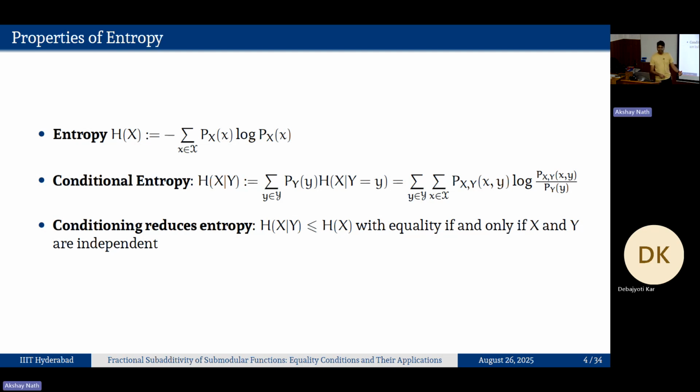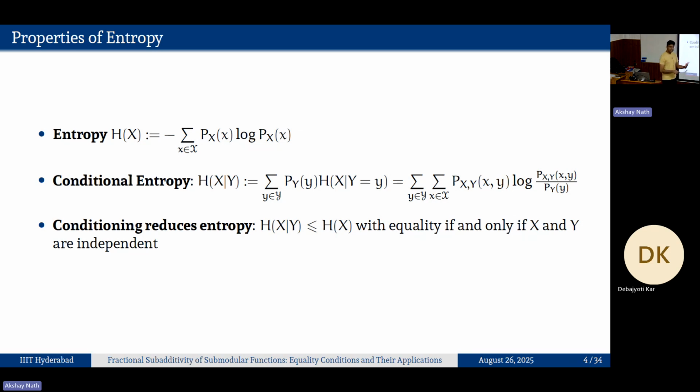If you have a random variable x, you can define conditional equivalents of this entropy. Similarly, you can have x conditioned on y. Then you can naturally open it up using your probability definitions, with respect to every value of y: probability p(y) times the entropy of x conditioned on y taking the value small y. Then I can open it up further, and I get this. The other important point is that conditioning reduces entropy.